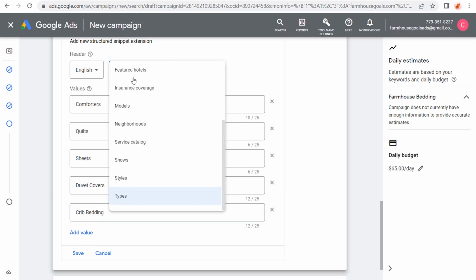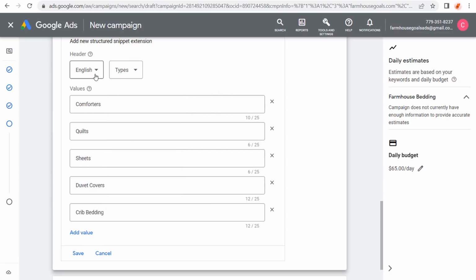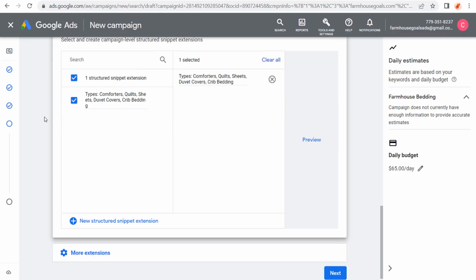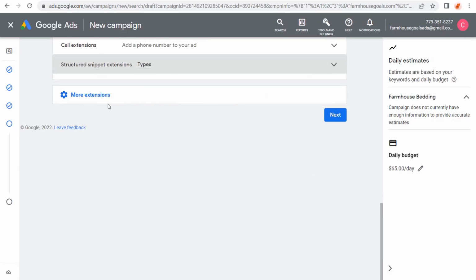Now, if we scroll down here, we could also do styles and do some of the different styles as well. So there's a lot of different structured snippets that you can use. So we'll click on save for now. Okay, and you can add multiple structured snippet extensions. So you just want to click here to create a new one if you want to create more structured snippet